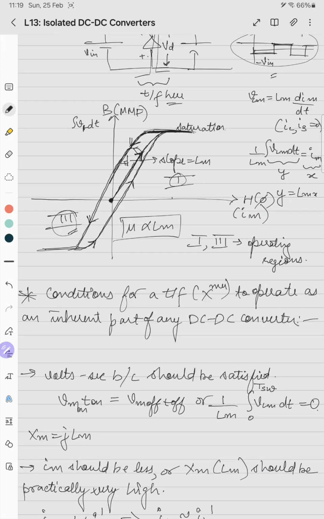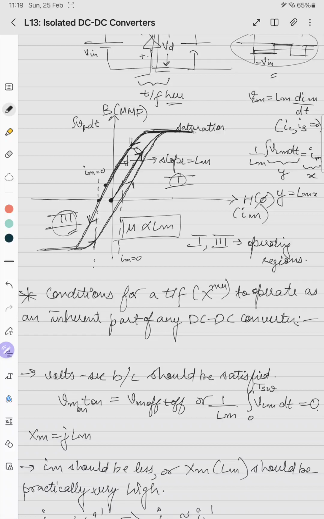So this trajectory should reach here, should touch at least this point. At this point Im is 0. Even at this point Im is 0. So while the core is getting demagnetized, we have to give sufficient time for it to be demagnetized. Why? Because say that it hits till this point where Im is not 0, Im is some negative value,